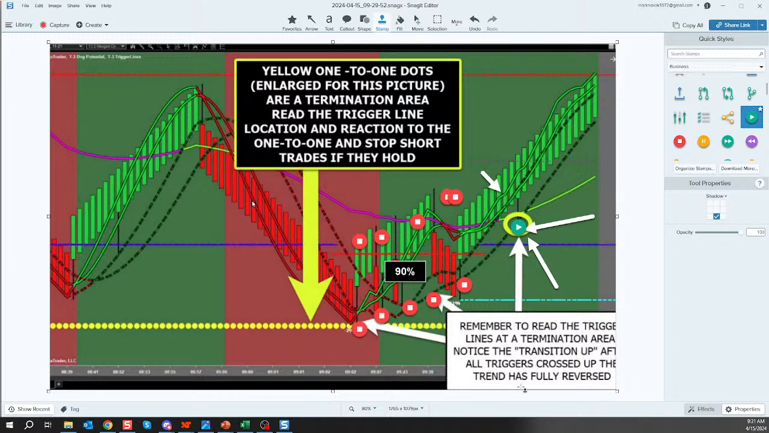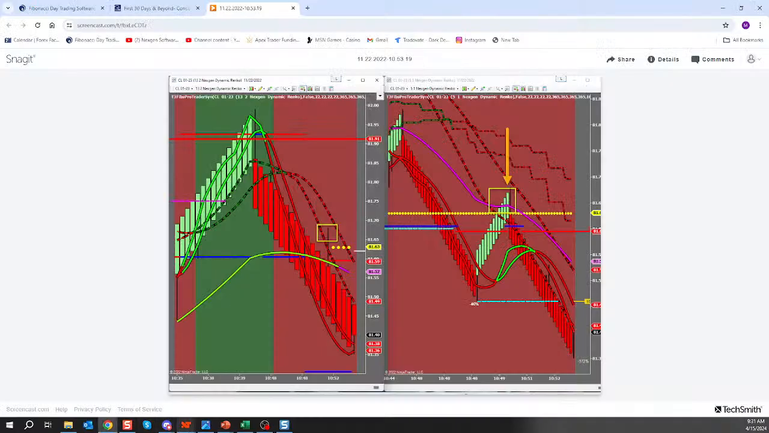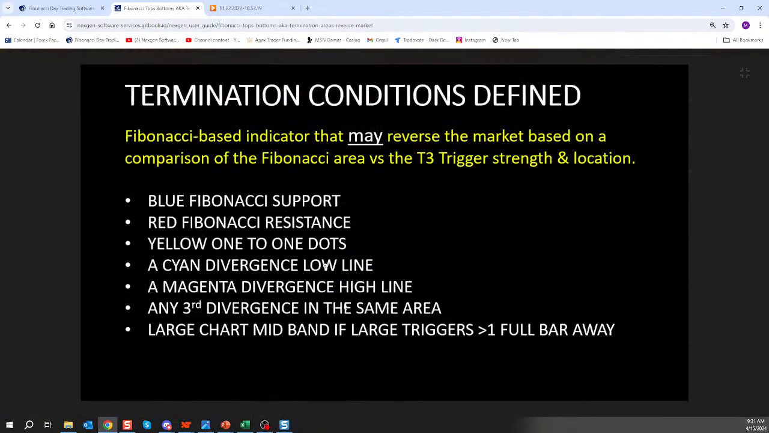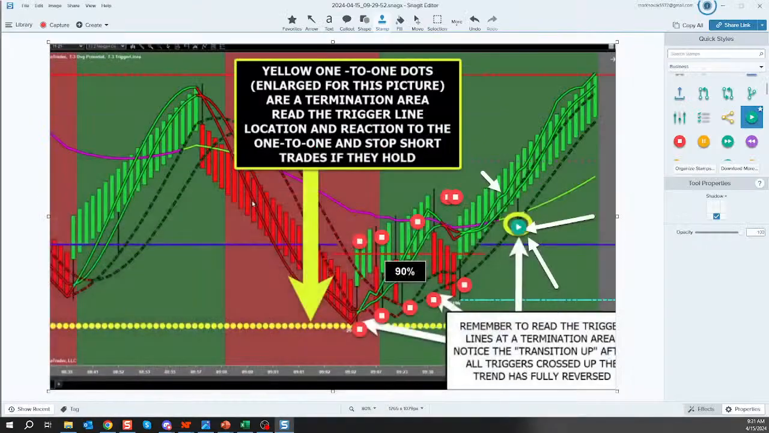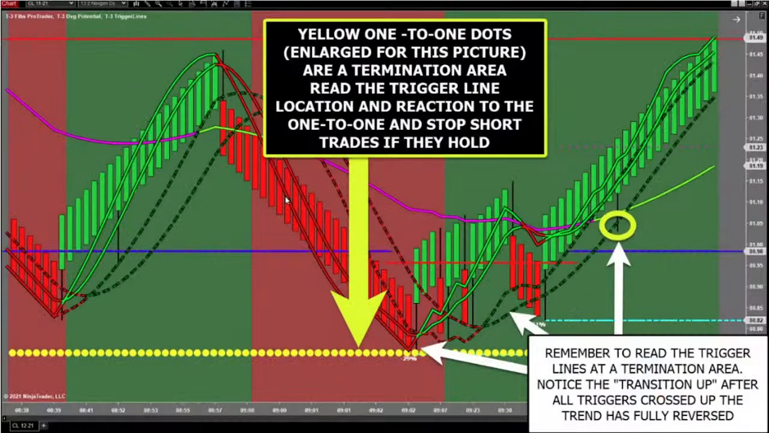And guys, this is large chart terminations. The large chart's going to use lines. The large chart's going to use Fibonacci-based indicators to tell you if the market is likely to stop, guys. And it does it with that simple comparison. And it's the lines on the large chart that create problems. There is one more termination condition,